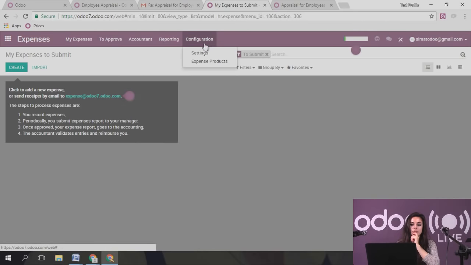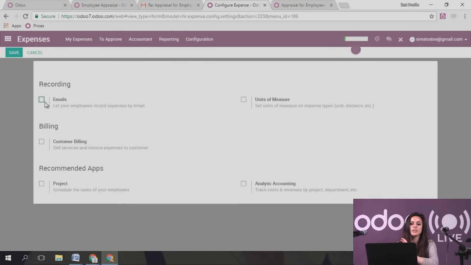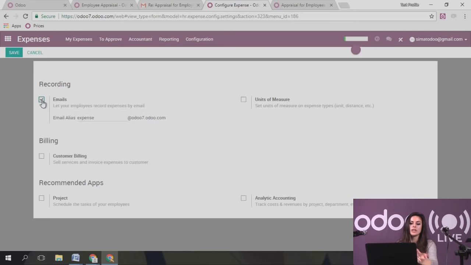Let's click on configuration and settings, and from here you can directly configure an email address over which employees can submit their expenses. So essentially this is a function that an employee, maybe on the way to the office even, can send you an email specifying already in the subject header, which we'll see in a second, what needs to be expensed, what has been done essentially, and it will automatically create an expense in the Odoo backend. It's really practical. Now we can tag this, we can save it,